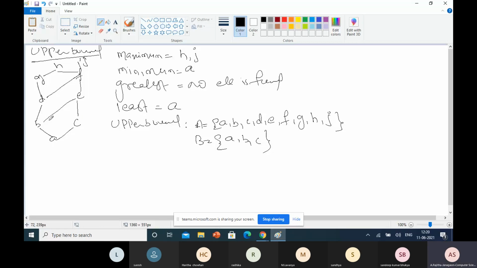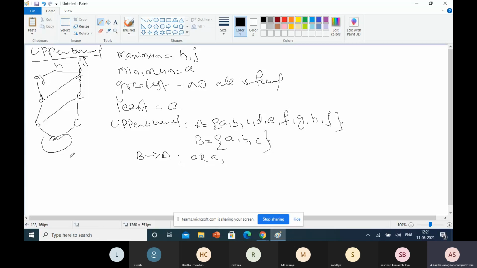Suppose you find the upper bound for B, D, E, then you take B, D, E. Here I am taking only A, B, C. And what is the upper bound? For finding the upper bound, the relation is like this, B to A. A relates to A, isn't it? All the elements in subset B, we find the relation with A or not. A to A is a self loop.